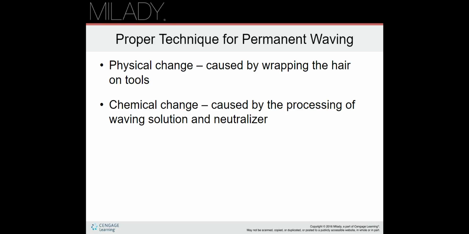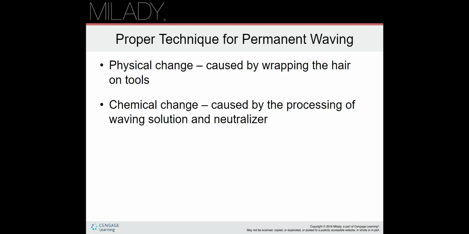Chemical change is caused by the processing of waving solution and neutralizer. Okay, so I want you guys to understand the difference between physical change and chemical change. So physical change is just caused by wrapping the hair. It could just be with heat or maybe even just with water drying. The chemical change is more of a permanent change, and that's caused by the processing of the waving solution